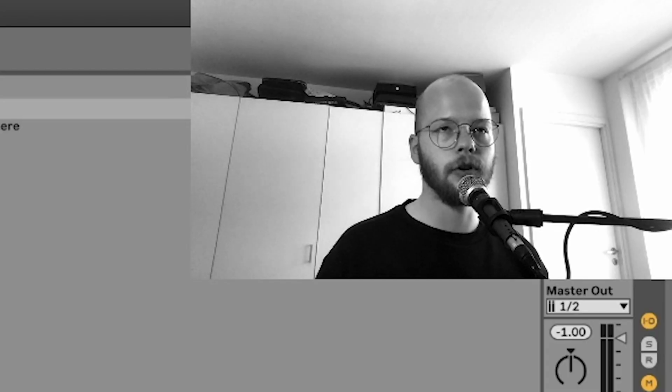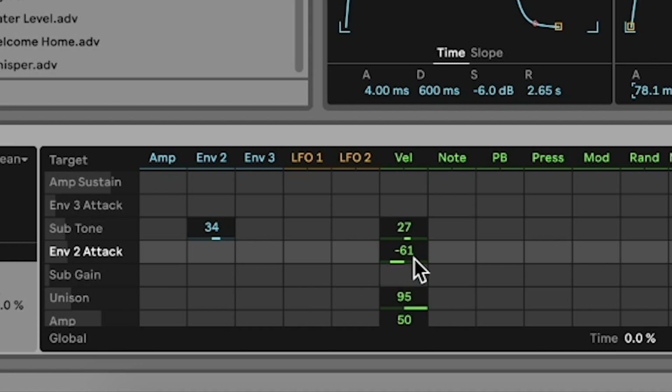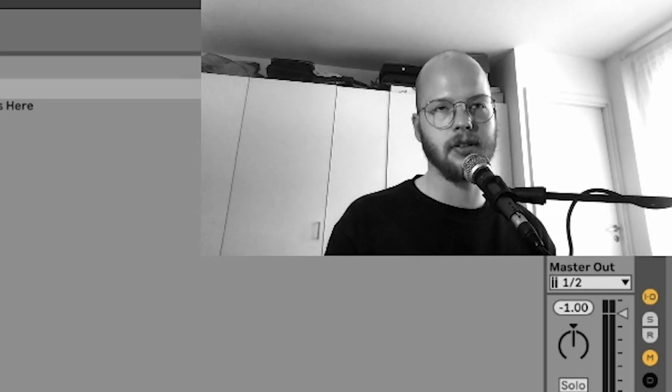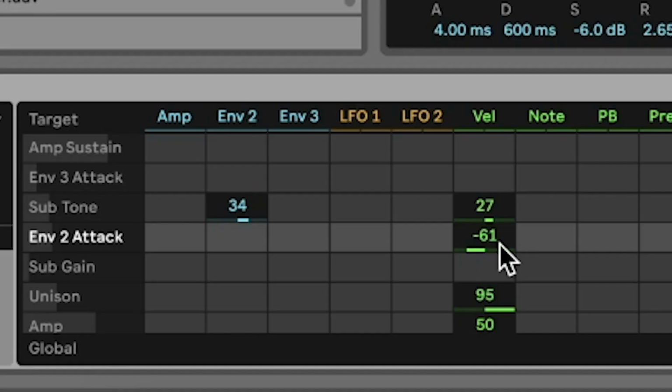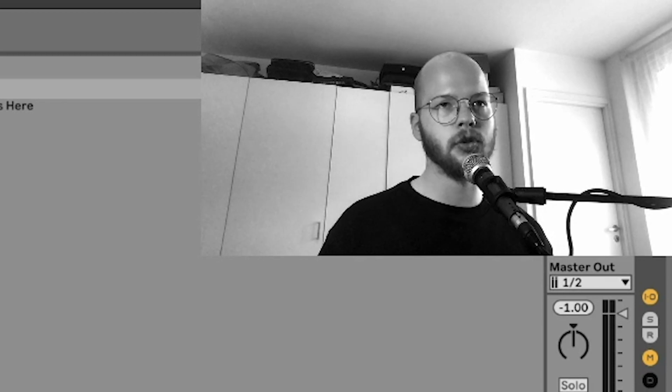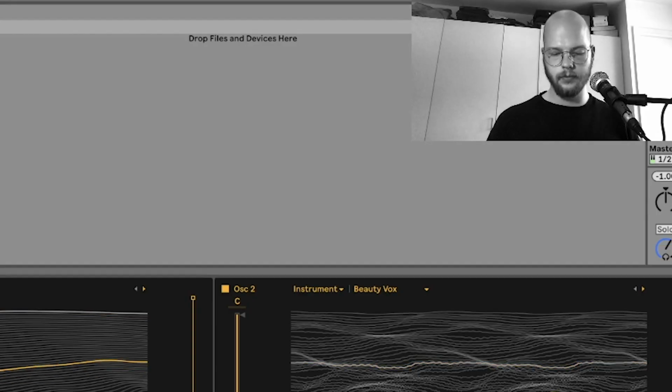Okay, so one cool thing that I'm doing with this patch is that I'm using the velocity to modulate the attack of the filter, which in practice means that because it's on -61 here in the matrix, as you can see, the velocity, so when I hit very soft, it's a very long attack, and when I hit very hard, it's a very short attack. And this creates a very cool dynamic because you can play chords with the left hand on the keyboard, and you can, and as long